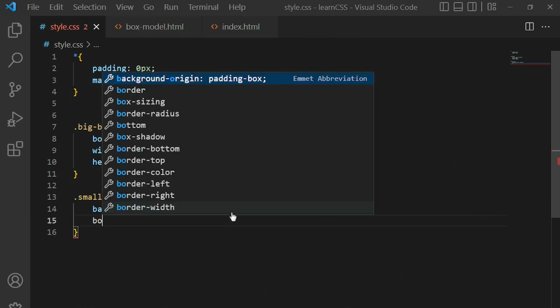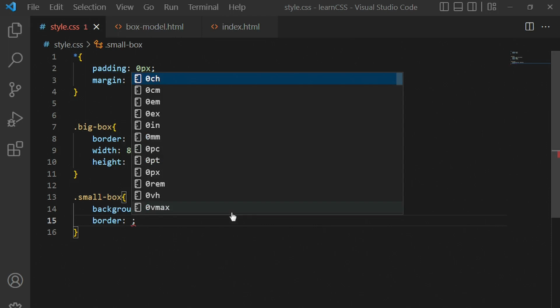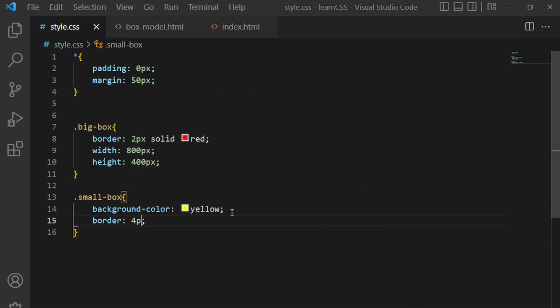Something like border, and with the border we're going to give it 4 pixel solid, and then something like, should we give it red or, okay, so let's give it green